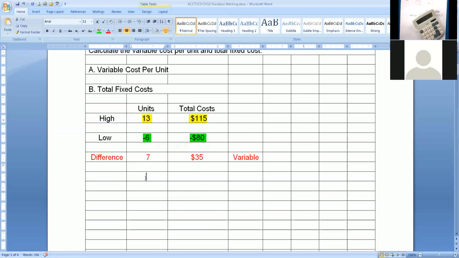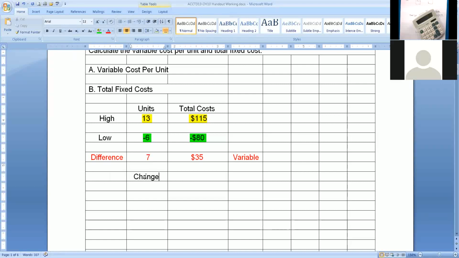So the change in total cost was $35. Yeah, I know how to do this. It doesn't seem like I know how to do this, but I do. It'll be